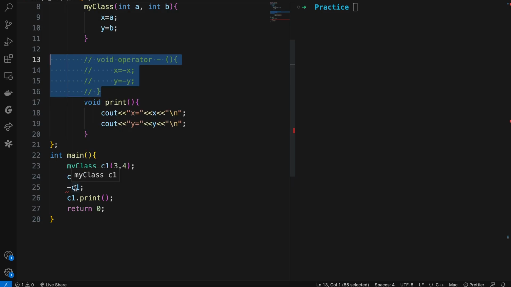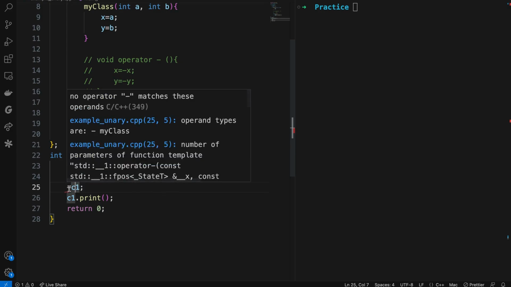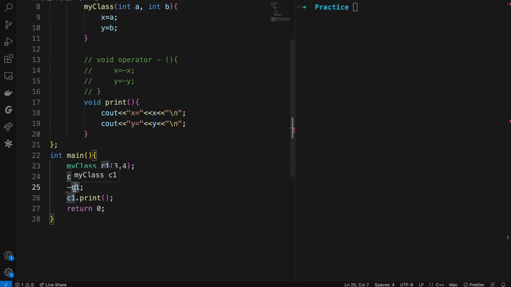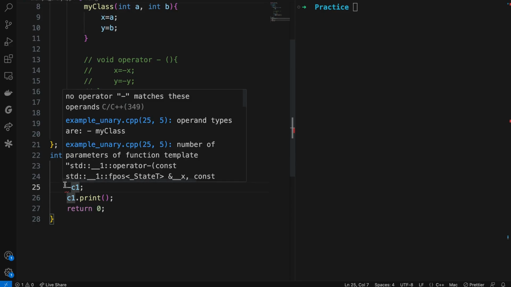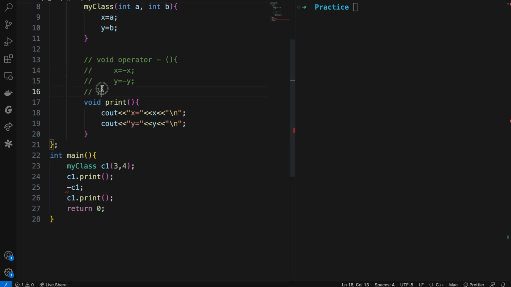This is because c1 is a user defined data type, so the minus operator does not know what operation to perform on this variable, right? That's why it is throwing an error. So this is why we need operator overloading here,